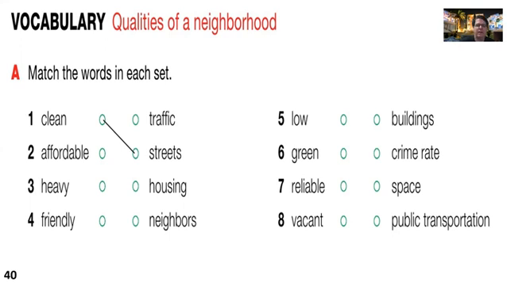Here we go. We have clean streets, affordable housing, housing that is not expensive. All right, heavy traffic, friendly neighbors. So the people, again, who live near you, they're friendly.